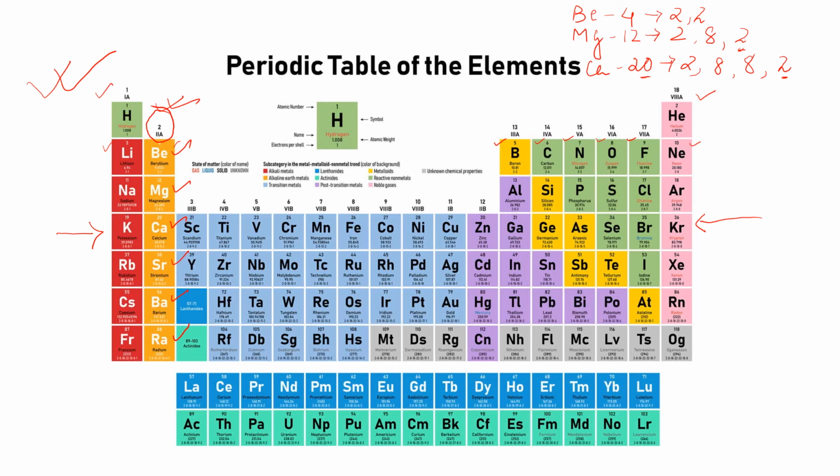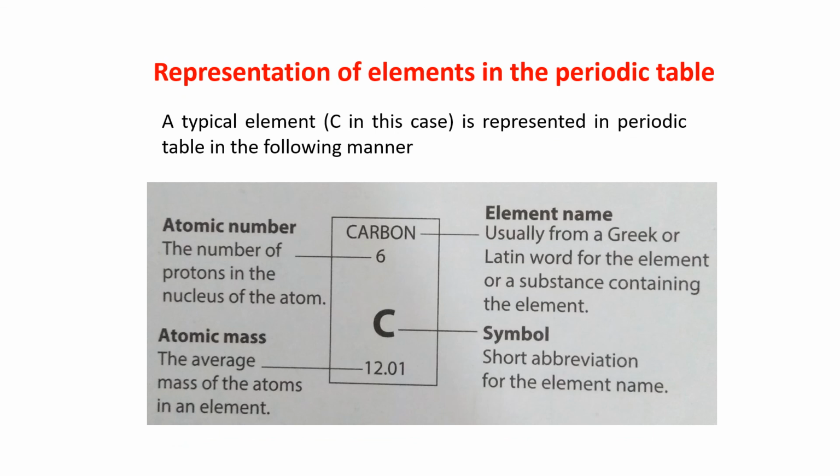Okay, now the periodic table, as I told you, you will learn about all these things in detail when you go to the higher classes. Now, how is an element represented in the periodic table? Just see what information I can get from the periodic table. It is written like this: carbon 6, 12.01. 12.01, you can call it as 12. Its atomic mass is 12. Now 6 means it is the atomic number, the number of protons in the nucleus of an atom, you all know about it. Atomic mass is 12, the average mass of an atom of an element.